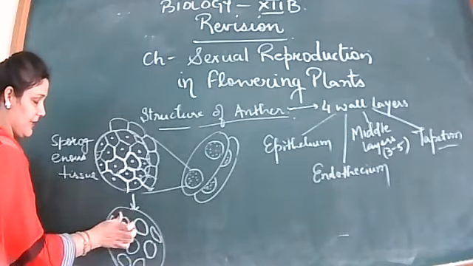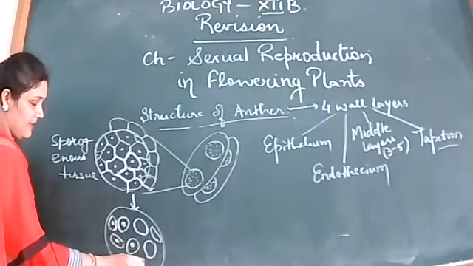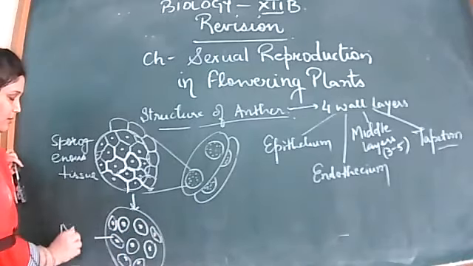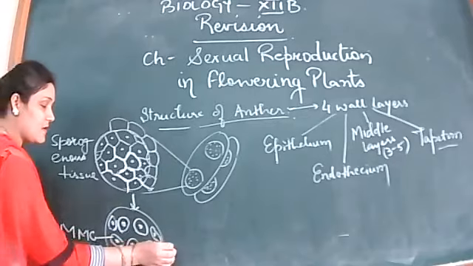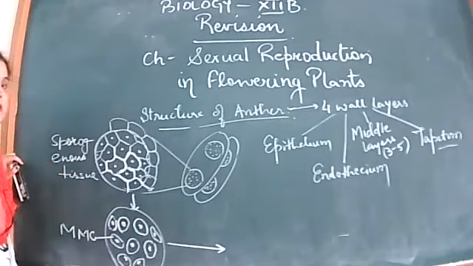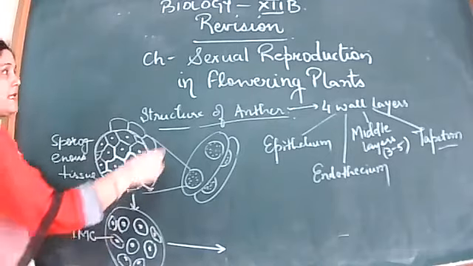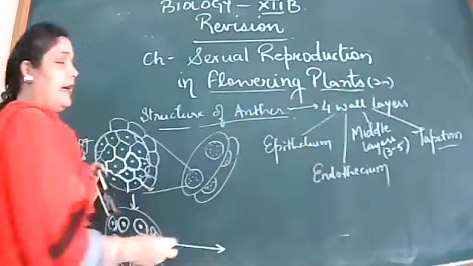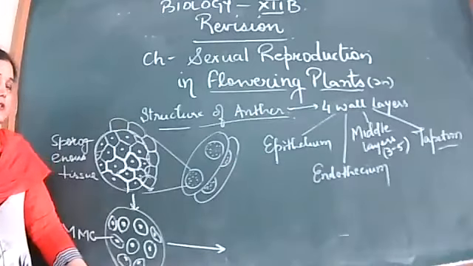They have all been separated from one another, and these are all named the microspore mother cells. Each one of these is called an MMC, microspore mother cell. The microspore mother cell and the sporogenous mass were all together. They were 2N in structure. Why? This is a flowering plant. The plant as a whole is a 2N structure. It is a diploid structure. Flowering plant means an angiosperm. That is a diploid structure.